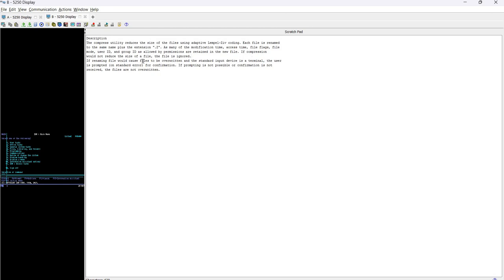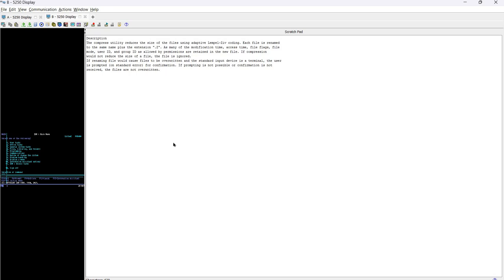If compression would not reduce the size of a file, the file is ignored. If renaming a file would cause files to be overwritten and the standard input device is a terminal, the user is prompted for confirmation. If prompting is not possible or confirmation is not received, the files are not overwritten.